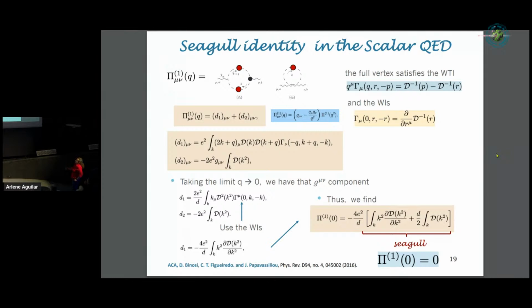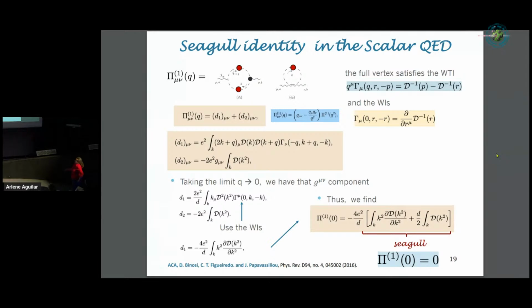Fine. So let's compute the sum of these two diagrams that are transverse. D1 and D2 are transverse, so I can factor out the transverse projector here. And since it's transverse, it does not matter whether I take the g mu nu or the p mu p nu component. So I'm going to compute this component here that is easier. And then in the limit of q going to 0, which is the limit where I can see any mass, that I'm interested in,